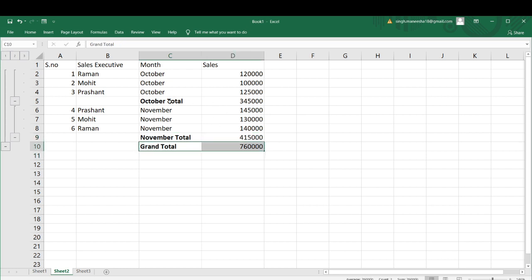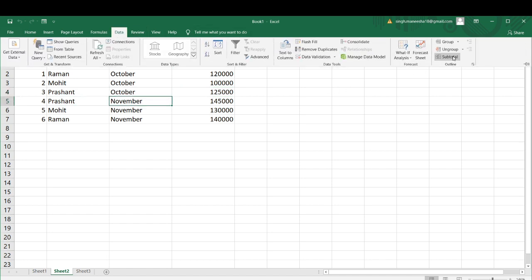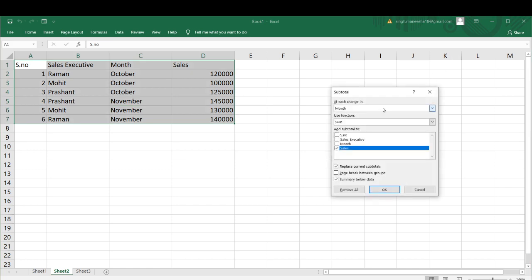Grand total means the October and November total. Am I clear to everyone? What has your ma'am done right now? Select any particular cell from the data range, go to the Data tab, click on Subtotal, and choose the Month option, because we wanted to apply the subtotal on month. Use the Sum function, and then